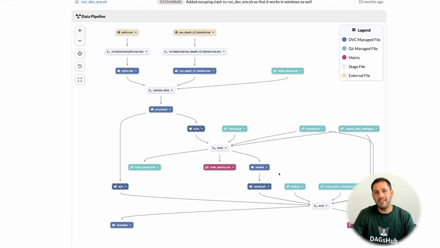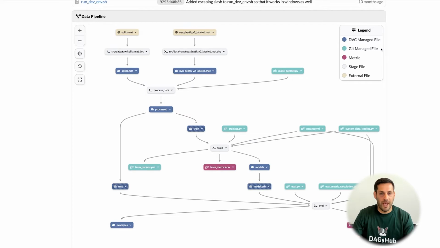Moreover, you can easily see what tool is tracking the different files and access them in a click of a button. So it doesn't matter if it's being tracked by DVC or by Git, you can still see them in DagsHub UI, even if it's being hosted on a remote storage or in a remote Git server. And this pipeline visualization is very useful when you're trying to onboard to the project and figure out what is